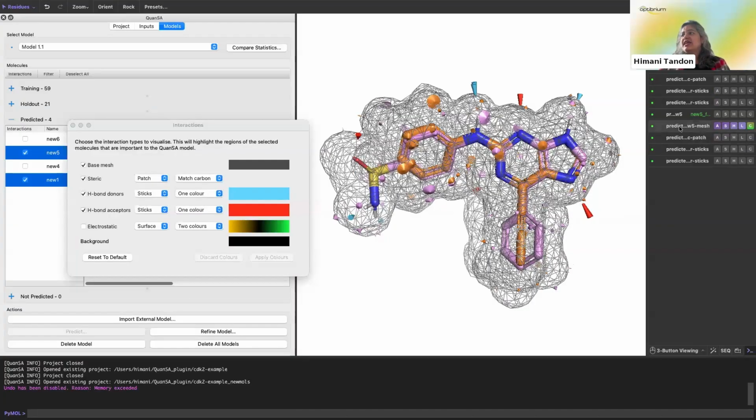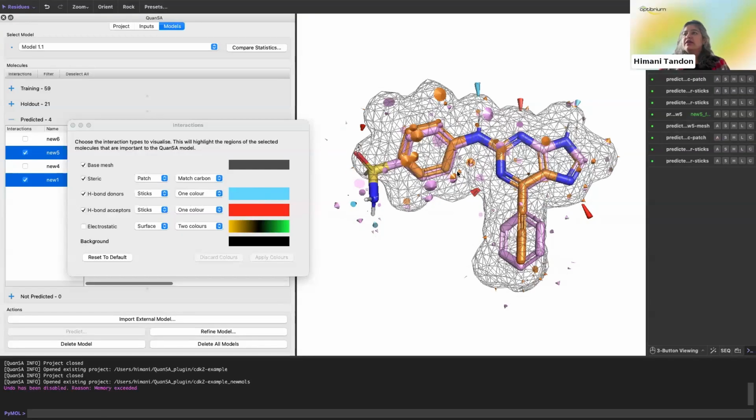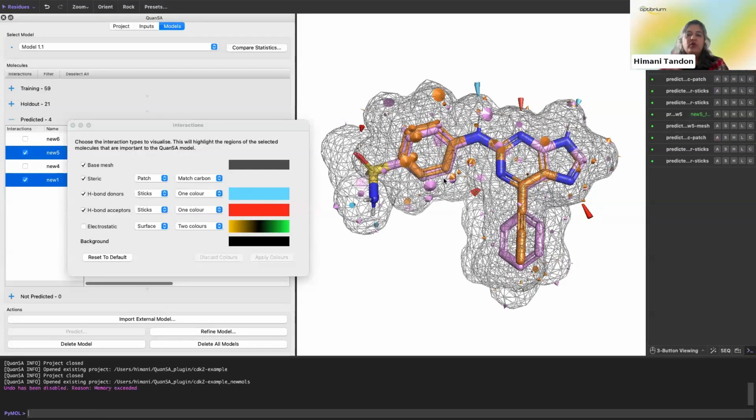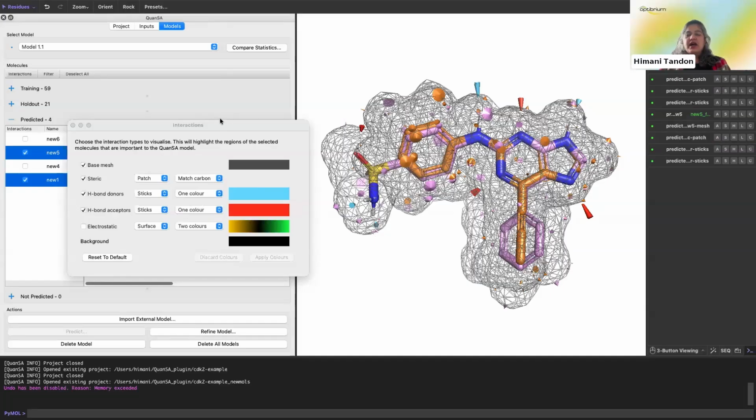And again, in this case, if I just delete or disable the steric component of it, we can clearly see what makes a compound more active than the other. So I think this is what I wanted to show you about this newly released QuanSA plugin. And we would be really happy for you to try this out.